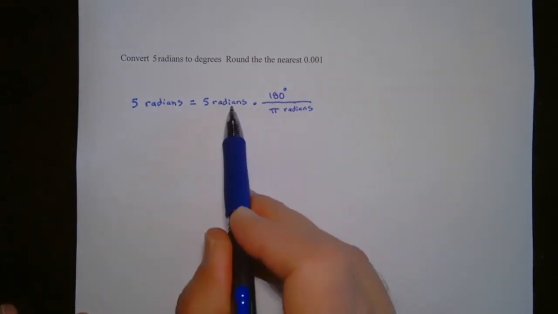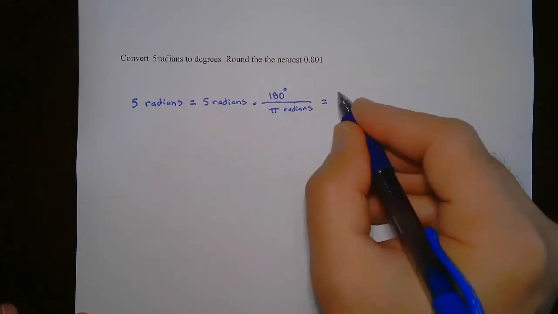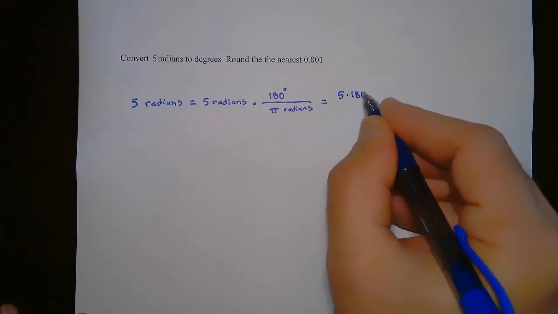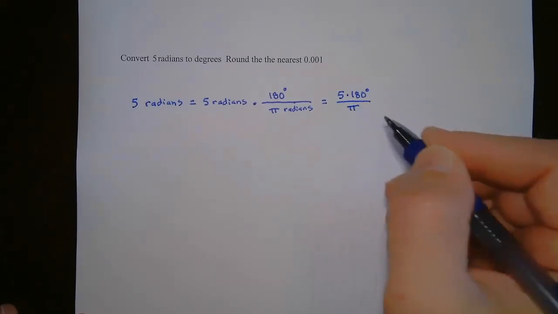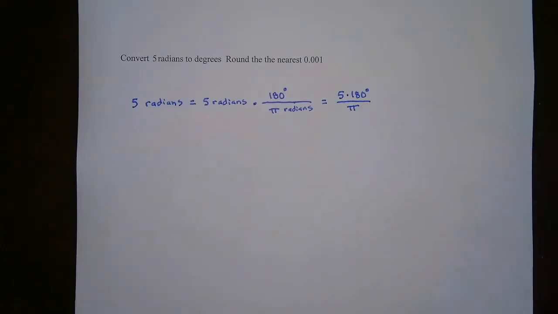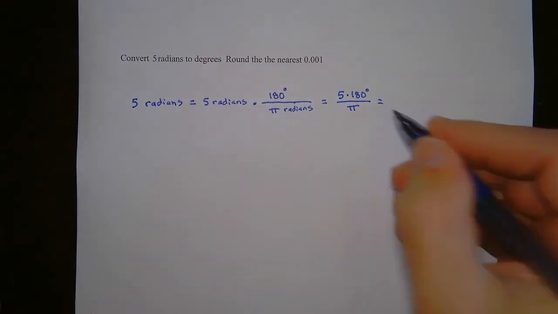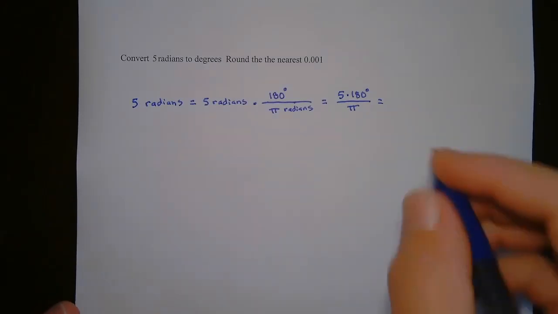My radians are going to cancel, and I'm going to be left with 5 times 180 degrees divided by pi. 5 times 180 degrees is 900 degrees